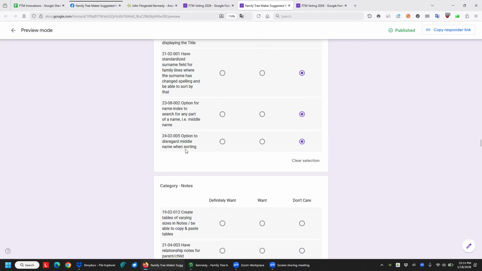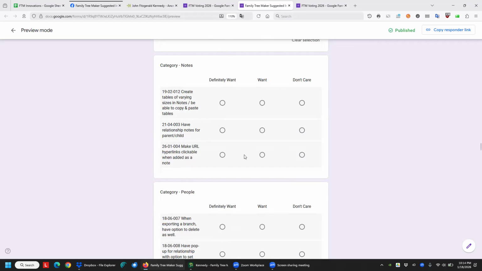Option to disregard the middle name when sorting. Because you might have a John Doe or a John Quincy Doe that might actually be the same person, but they won't be sorted together. They'll be near each other, but if you've got a lot of John Does,